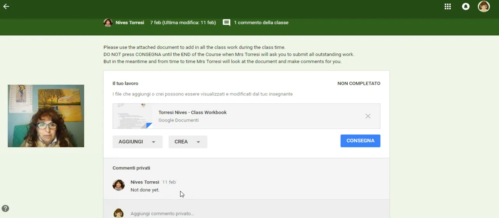for each student. Now at this point I don't need to do anything here and I don't need to do anything here. It's already got my name on it, so I don't need to submit it until the teacher tells me when to submit it. I'm going to click on the document, it'll open it up, and we're going to look at the parts that